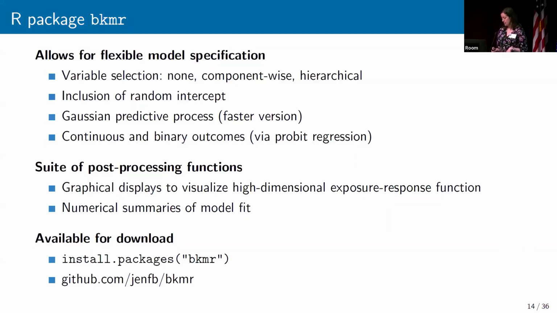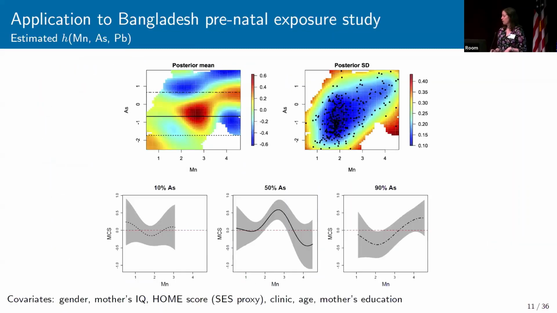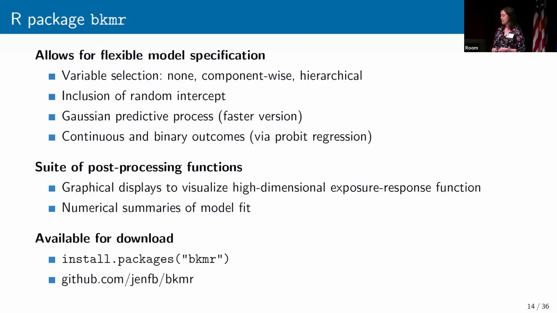So briefly what that does is if we go back to this prior plot here showing our exposure data, we have a lot of points of exposure around this area. We might not need to be able to predict the exposure response function at every single point in our observed data. So what the Gaussian predictive process approach does is that you put knots, you try to cover the space of your exposures with knot locations. And the idea is that you would have fewer knots than you have number of individuals. And so that will greatly reduce the model fitting time. So that's the Gaussian process, predictive process implementation.